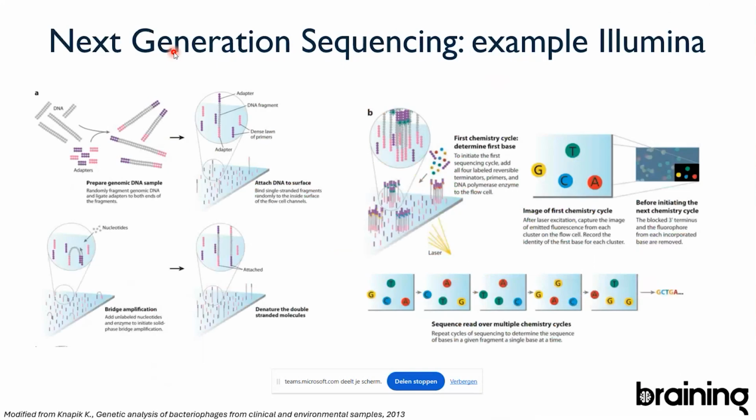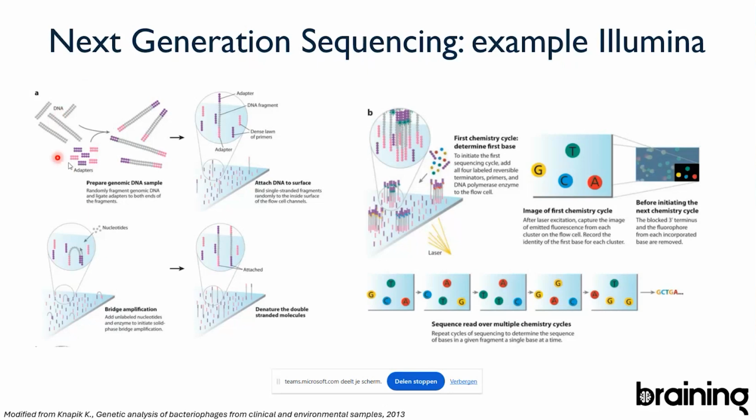Basically, next generation sequencing developed in the late 2000s. And there are lots of variations of next generation sequencing. You have different brands, different companies that developed their own way to do high throughput sequencing. Today, I will just give you one example, Illumina, because Illumina generally is the sequencing technique that would be used the most. So as opposed to Sanger sequencing, where you would start from a certain segment of DNA that you're particularly interested in, for Illumina sequencing,